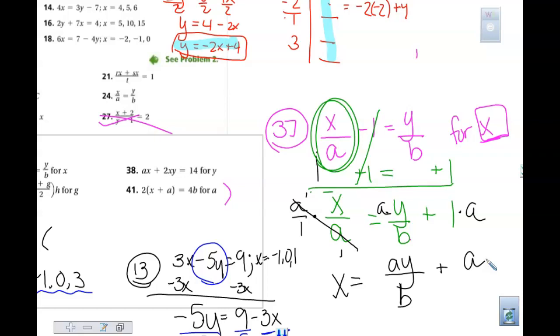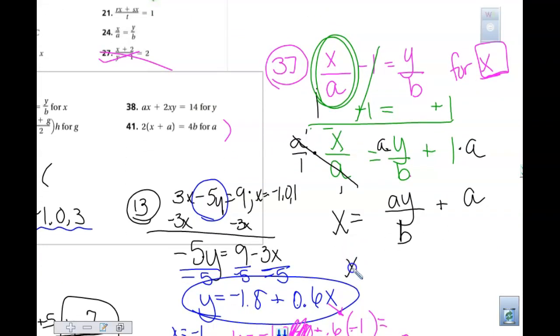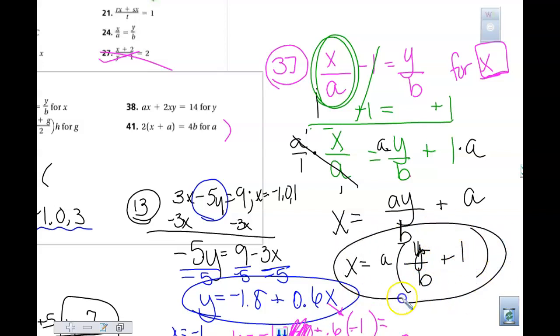I don't know if this one has it factored out an a in the answer in the back. But the factored out answer would have just looked like this. It would have said x equals a times y over b plus 1. I would take either of these answers. They're both the same thing. It's just that one has it out by itself. Okay? So